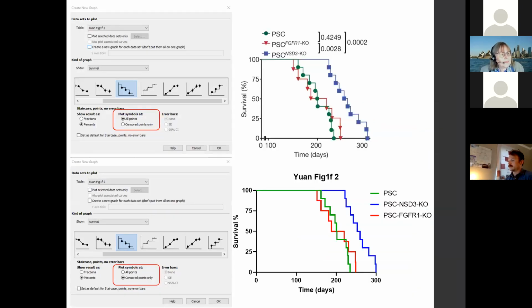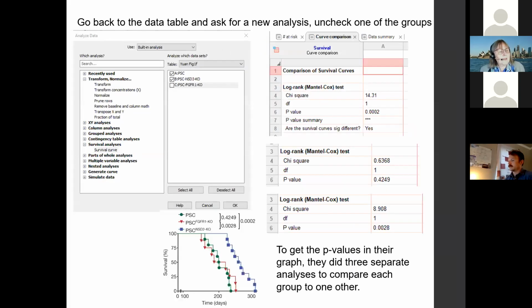And I think what they did, when they plotted this, was they plotted symbols at all points, and that's how they got all the dots everywhere. But I think they really needed to say plot censored, and there were no censored, so you had no dots on there. Now they calculated p-values, and I want to make one point about p-values,